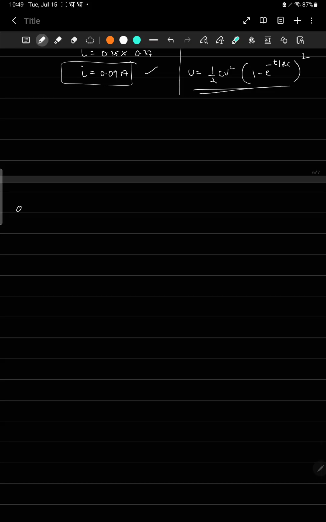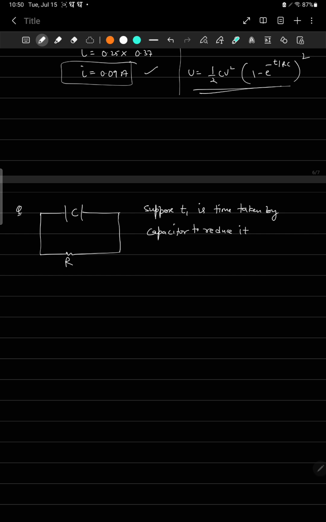Okay, now I'm giving one question as homework. You can write it down. There's a capacitor and there's a resistor. Capacitance is C, resistance is R. The question is: suppose T1 is the time taken by the capacitor to reduce the energy stored to half of its initial value,